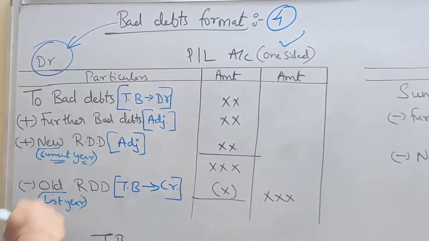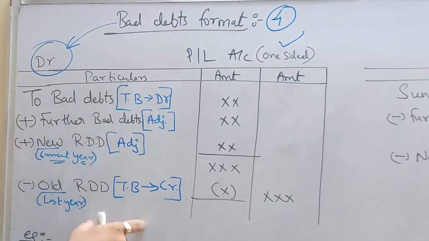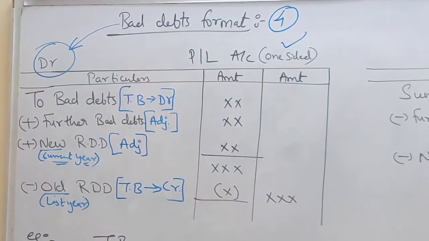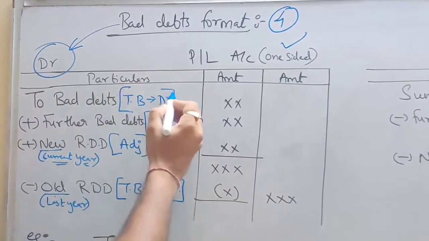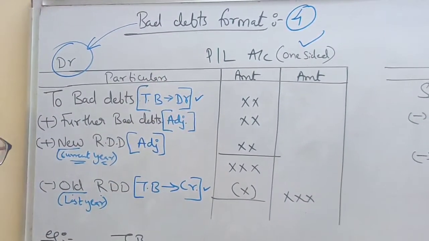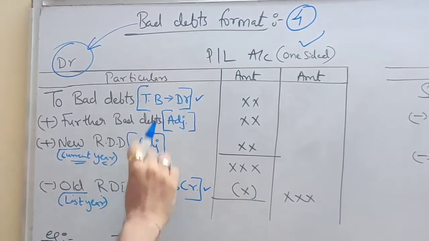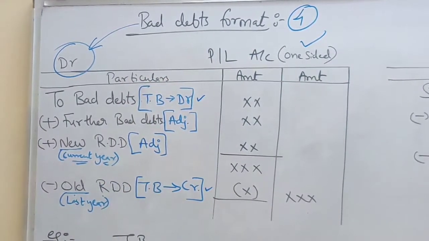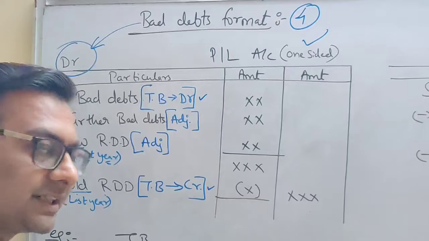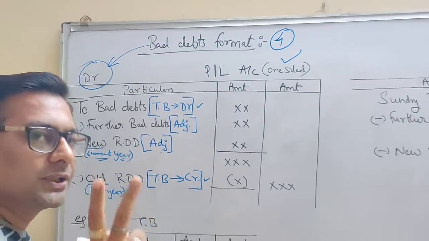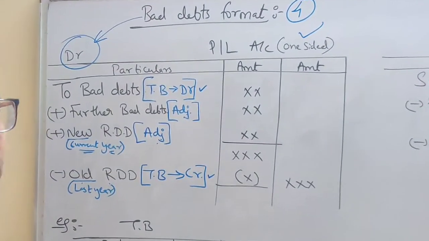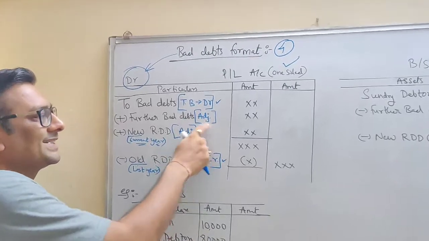Understood this part? So now, after understanding all the 4 items and where they will be given in the question, let me give you one more trick. You remember it this way: first and last will be given in the trial balance. First element, last element will be given in the trial balance. And you know very well, students, that the trial balance has only one effect and adjustments have 2 effects. This is what I explained in the previous video, that adjustments are unrecorded ones, therefore you are going to write them twice in your answer.